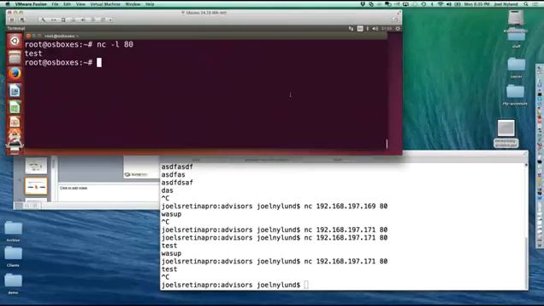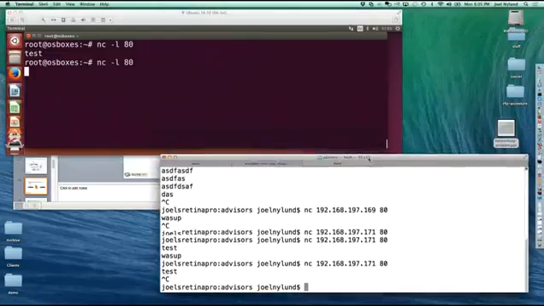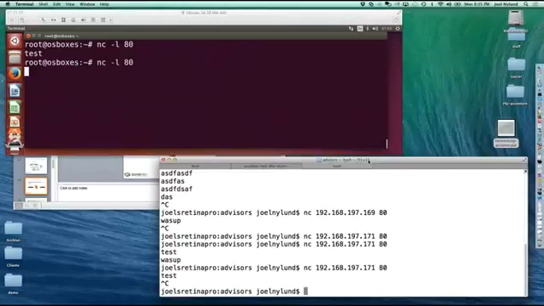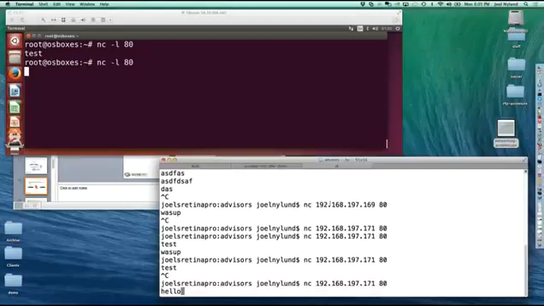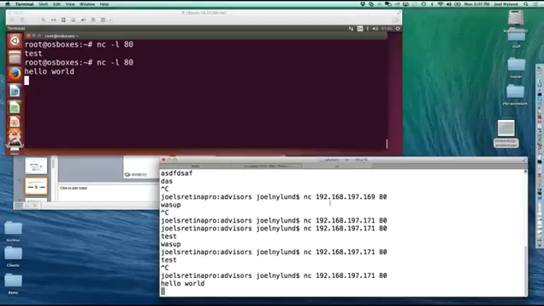So this is an Ubuntu Linux server here. I'm going to run netcat as a listener on port 80, which simulates a web server. Here's my server A, it's a web server. Now my client is my Mac over here, server B, and I want to test connectivity and see if I can get to the web server on server A. So I'm going to run netcat, the IP address of the Ubuntu server, and port 80.